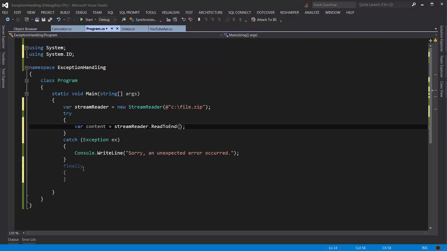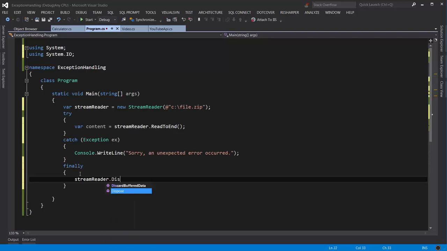And here in the finally block, what we need to do is call stream reader.dispose, which comes from IDisposable. So with this code, if anything goes wrong inside the try block during reading the file, you want to make sure that the stream would be closed. This is extremely important because if you don't manage these situations properly, you will end up keeping files open on the disk or keeping network connections open or your database connections, and sometimes you run out of resources. So make sure whenever you're using unmanaged resources, that is files, databases, network connections, graphic handles, make sure to dispose